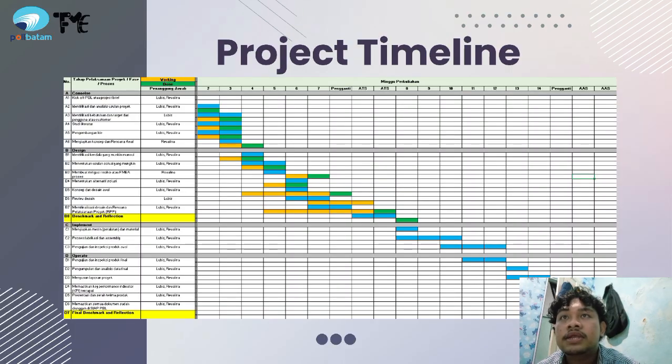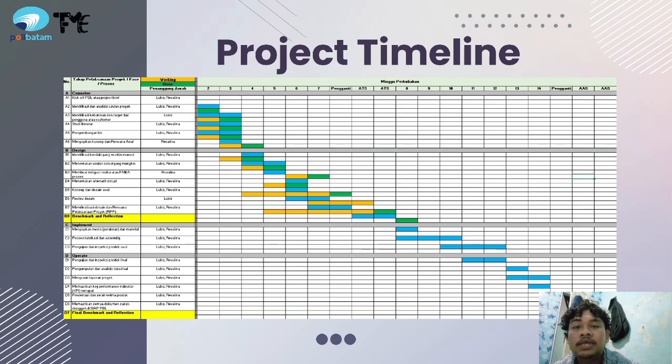And the last slide is the project timeline. This slide shows the timeline of our project, which was completed in around 8 weeks. The project starts from the concept stage and then the design stage. After that, the implementation stage. Conclusion: this project demonstrates the complete development of an STM32F103C8 based PCB from schematic design and component selection to SMT assembly and inspection. Each stage contributes to producing a reliable, functional, and high quality electronic product.